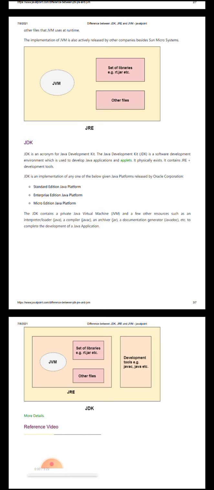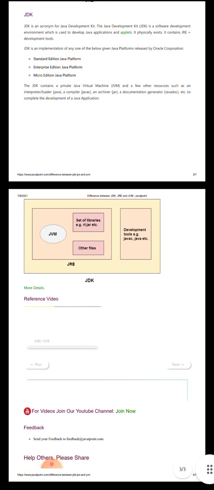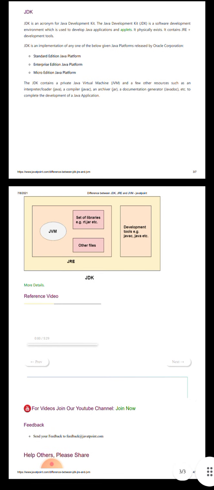Whenever we try to run Java code, the JVM requires some library sets and files for code execution. That is why we say JRE is the implementation of JVM.